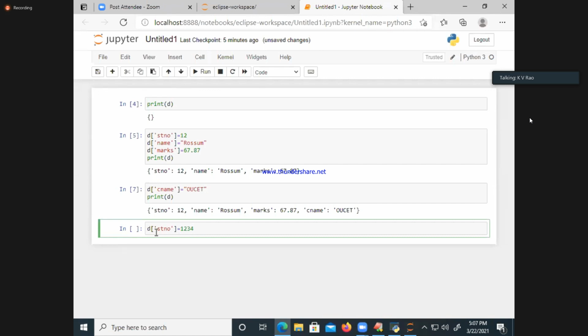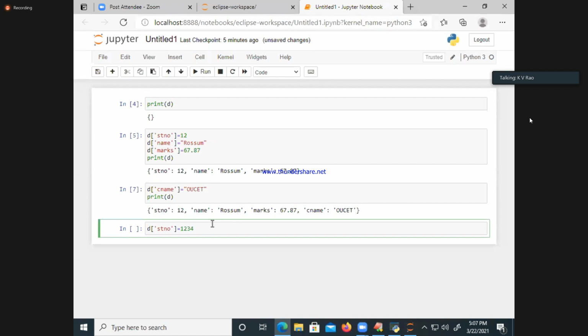If this stno is not present inside D, it will be added as a new entry.